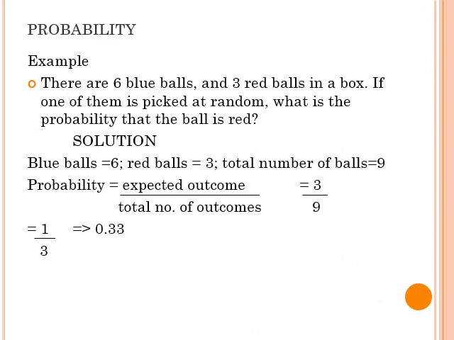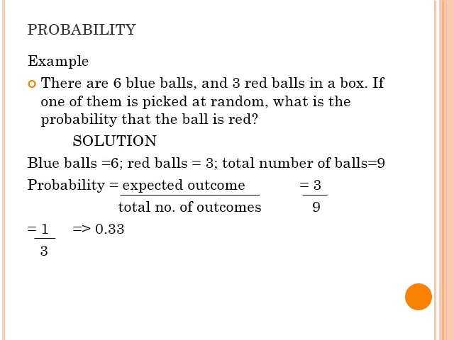We move on to probability. The example here says there are 6 blue balls and 3 red balls in a box. If one of them is picked at random, what is the probability that the ball is red? Good. In a box, there are 6 blue balls and 3 red balls. If you put your hand into the box and pick one ball at random, what is the probability that the